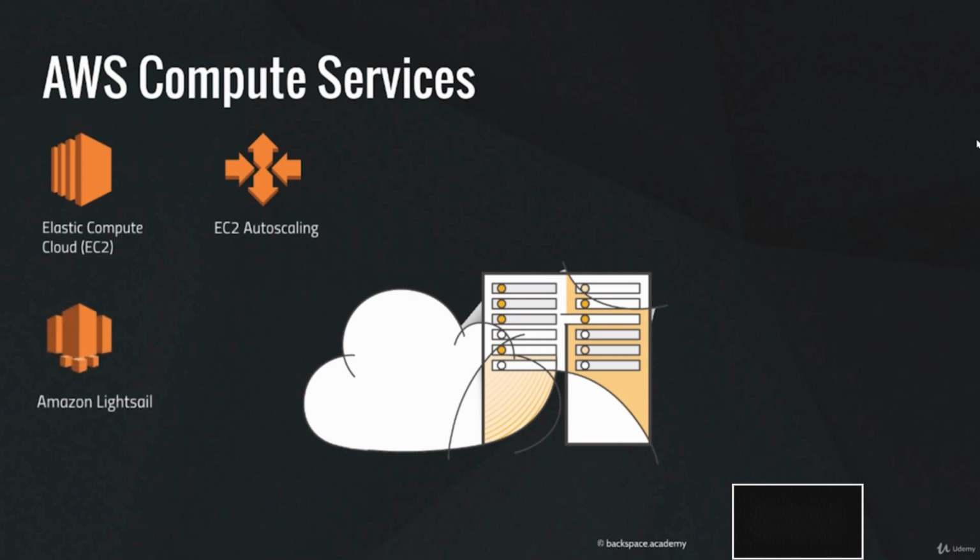Amazon Lightsail is the easiest way to launch virtual servers running applications in the AWS cloud. AWS will provision everything you need, including DNS management and storage, to get you up and running as quickly as possible. Amazon Elastic Container Service, or ECS for short, is a highly scalable, high-performance container management service for Docker containers. The containers will run on a managed cluster of EC2 instances.